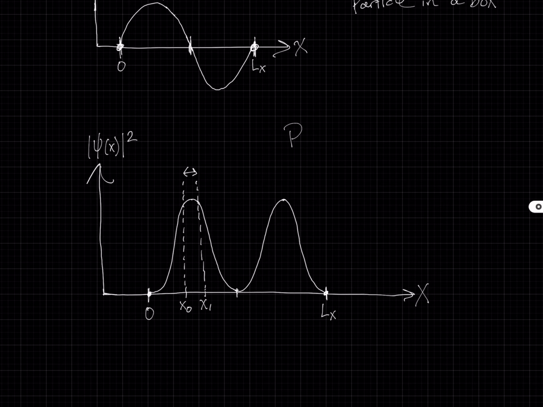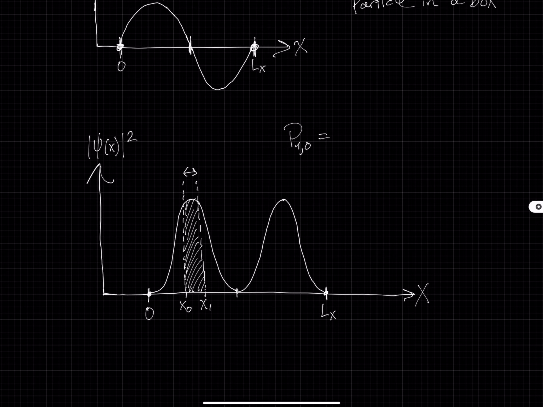Then the probability of finding the particle between x0 and x1, for example, is going to be equal to the area under this curve, ideally, right? However, obviously, the only way for this to be true is if we ensure that the area under the entire curve